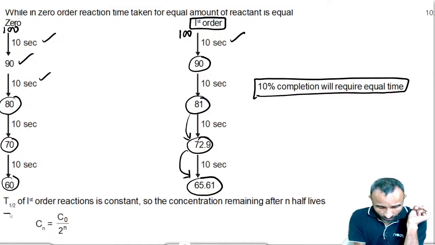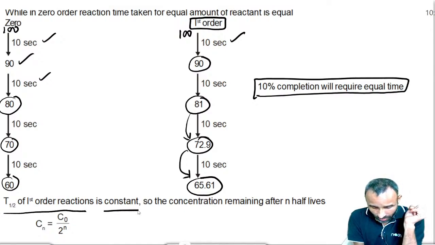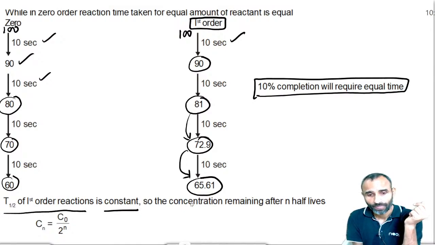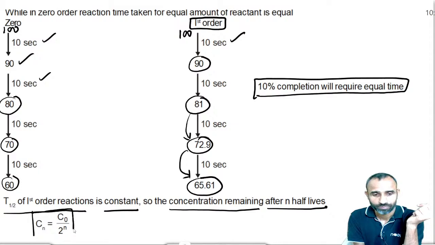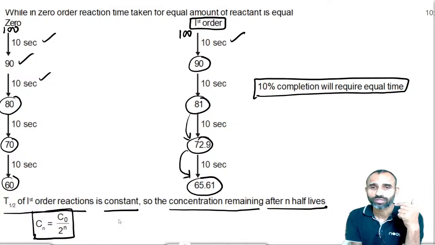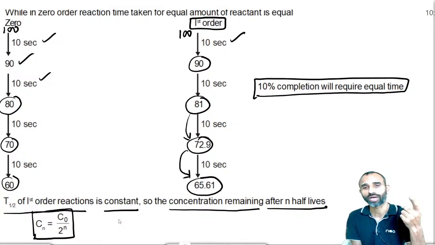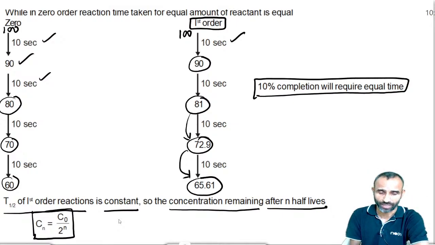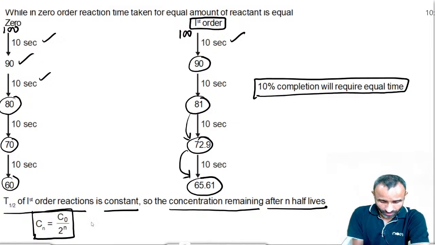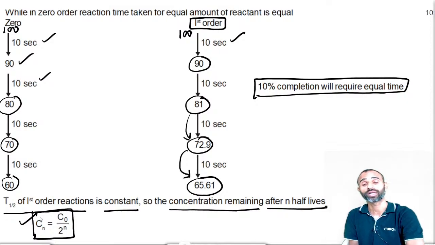So the half-life of a first order reaction is constant, and therefore the concentration remaining after n half-lives, every time it becomes half, is C naught by 2^n. That is the concentration of the reactant left after n half-lives,